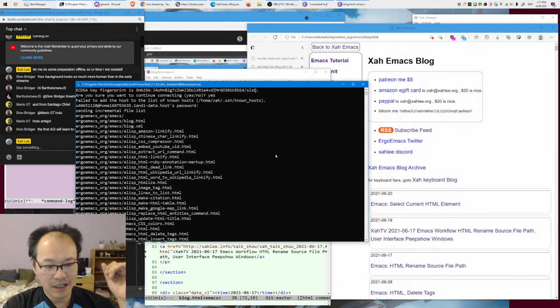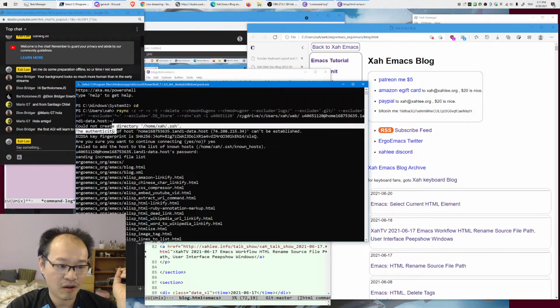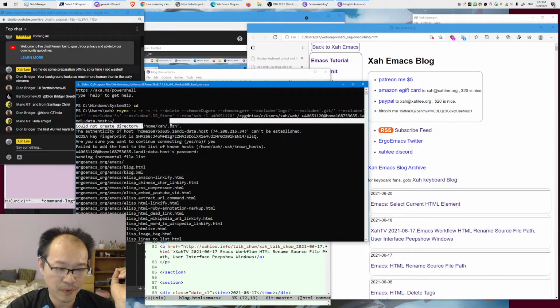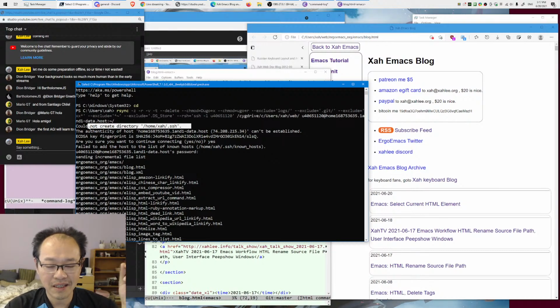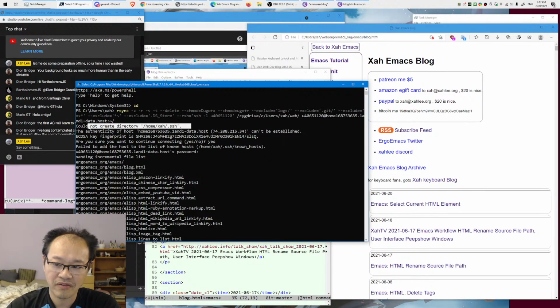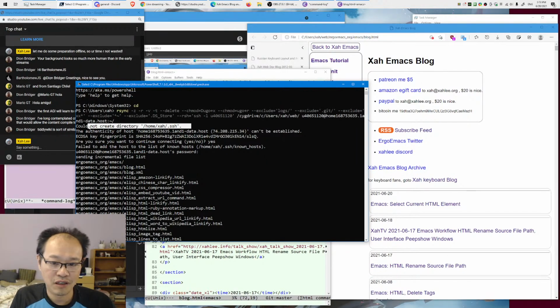All these files have been synced, updated, but there's a problem because every time I run this command, it's saying could not create directory home Xah .ssh. The authenticity of host blah blah blah cannot be established, because for some reason it cannot. It's a nasty problem. This is one of the examples of the complexities of the software industry, because rsync is a Unix tool. Theoretically, if you use it on Mac or Windows, it's ported to Windows, it should work, but it cannot,